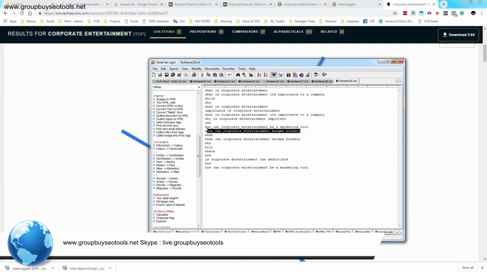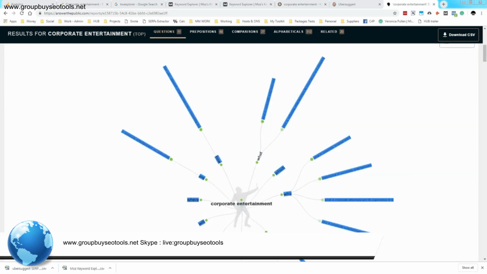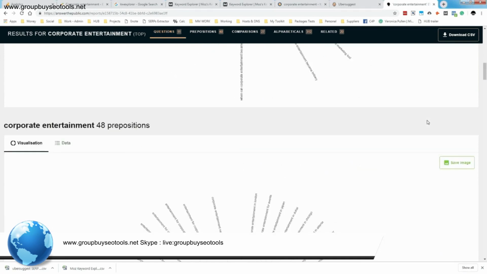Oh, again, interesting, especially if you did a series and one of them was, is corporate entertainment tax deductible? Suddenly it's more than just the corporate entertainment. But again, is this likely to turn into business? Maybe somebody starts searching for that and then moves into corporate entertainment, but it might not be a primary priority for your business. Then as you come down here, there are